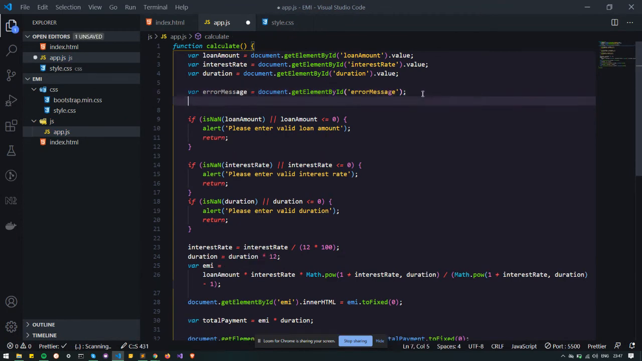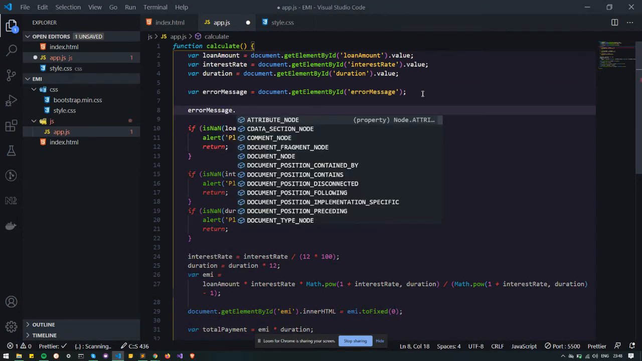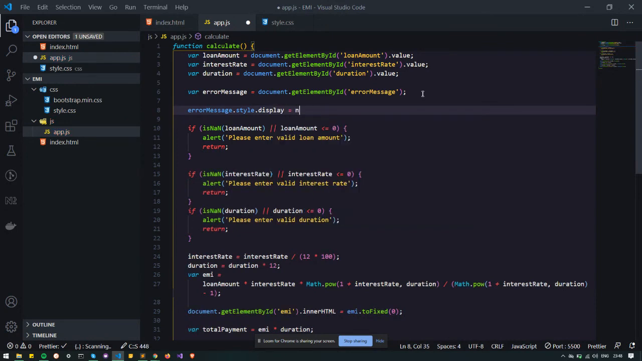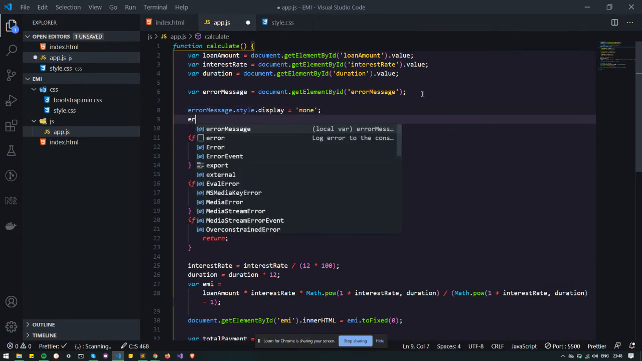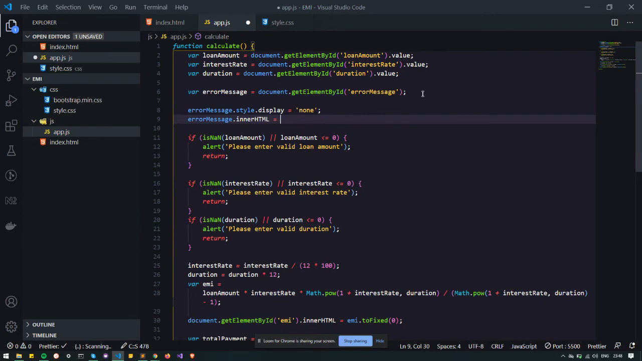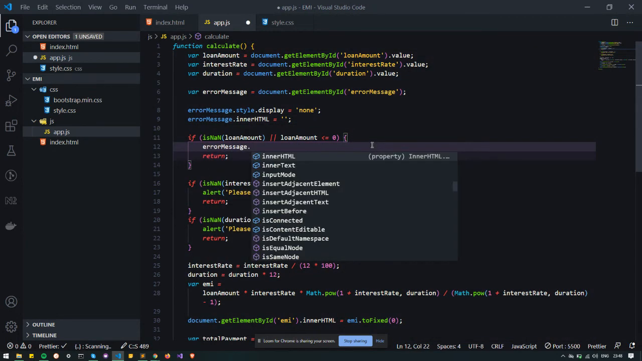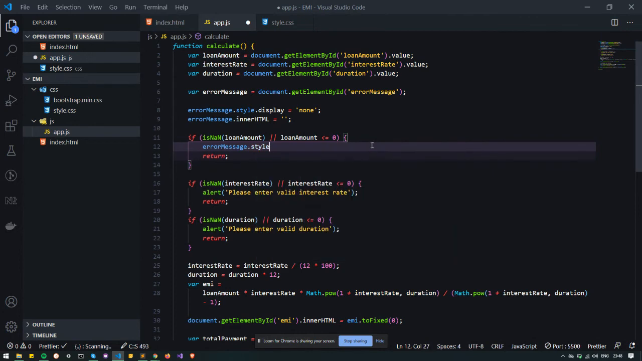So for the first time, of course, whenever you are calculating something, you should mention the style display to none. Okay, and whenever that is one, also you should keep the inner HTML to blank. Now if there is an error, okay, so instead of showing this alert box, what I should do is change the style dot display to block. Okay,